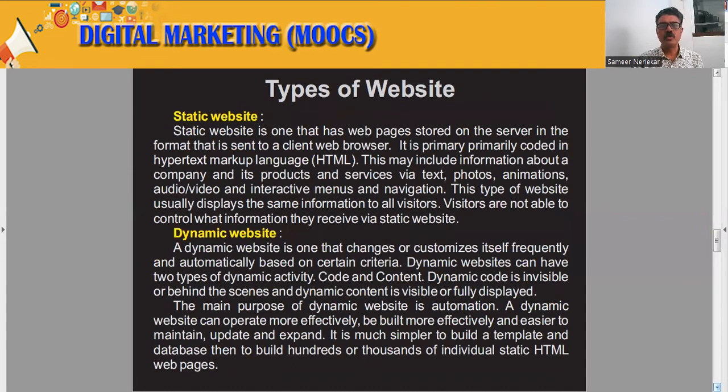Now let us move towards the types of websites. Basically, there are two main types of websites. One is static website and second is dynamic website. A static website is one that has web pages stored on the server in the format that is sent to the client web browser. It is primarily